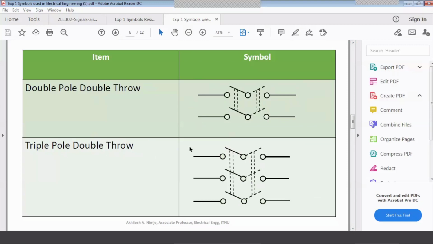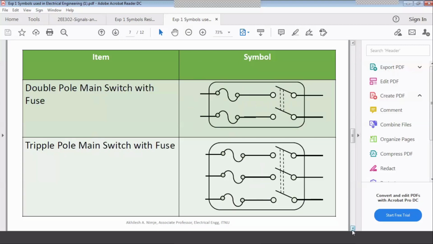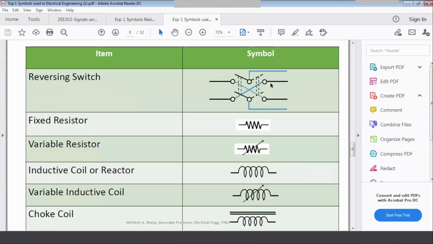And the triple pole double throw. Okay. Then these are double pole main switch with fuse. So this is the fuse symbol connected with the double pole switch. Okay. So triple pole main switch with fuse. Then reversing switch. Then fixed resistor, variable resistor, fixed inductor, variable inductor.